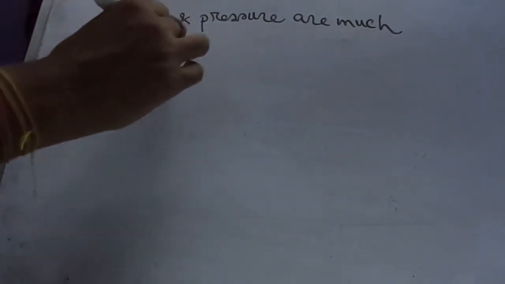First one, the temperature and pressure in such plants are much less, about 165 degrees centigrade and about 7 atmospheres, compared to that in conventional thermal plants,